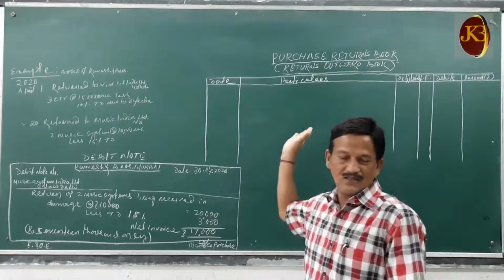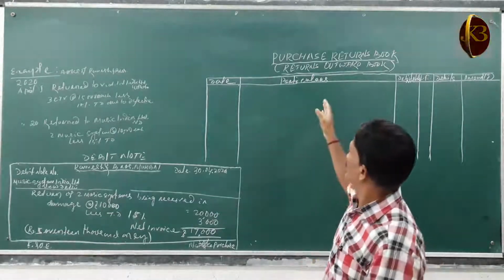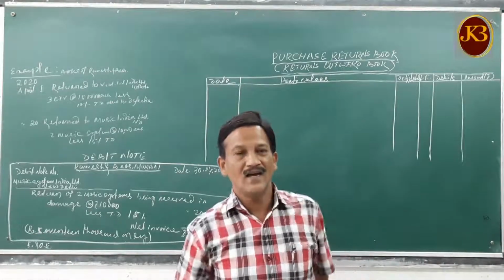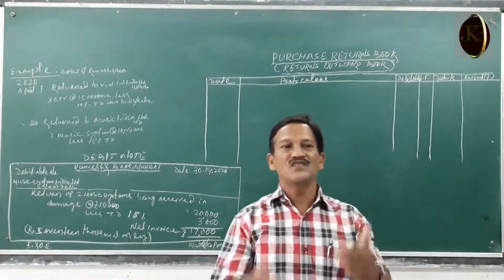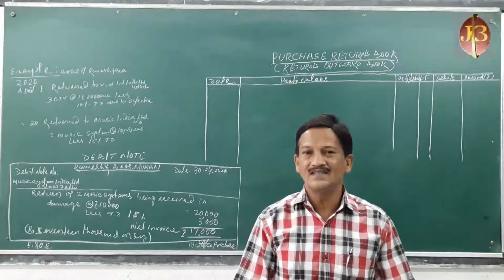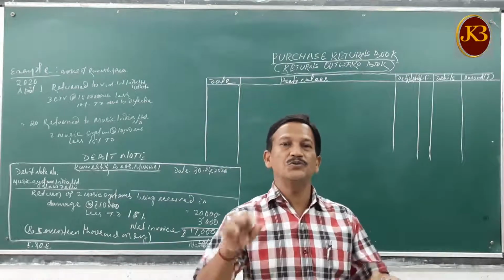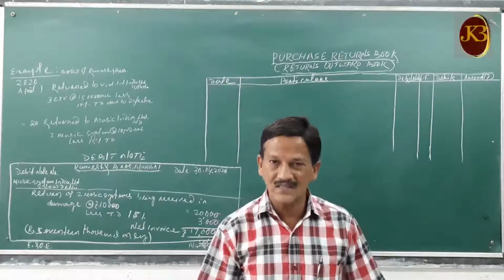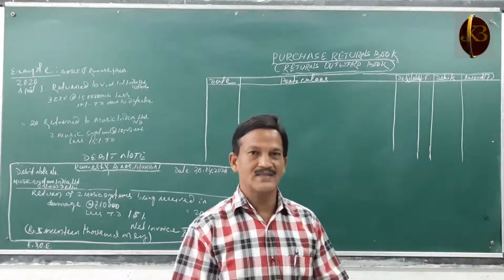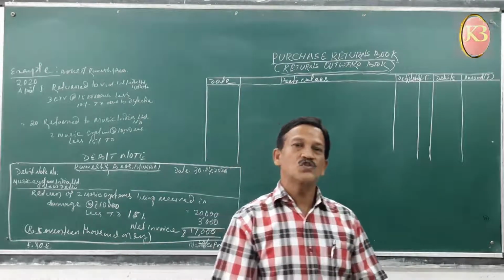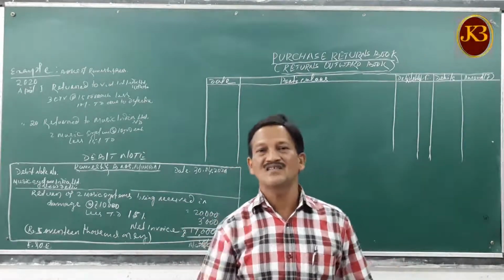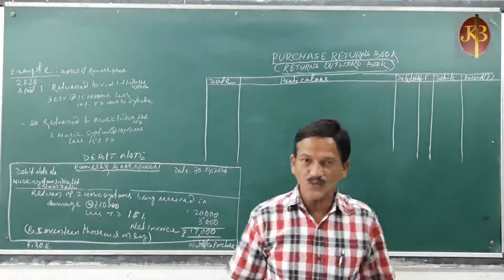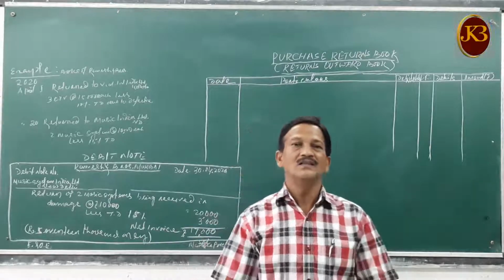Let's come to the class. That is the purchase return book. As we recorded earlier, the purchase of goods on credit only is recorded in the purchase book or the purchase day book. Likewise, the purchase of goods on credit that are returned to the suppliers will be recorded in the purchase return book or the